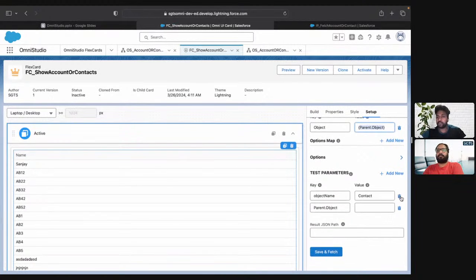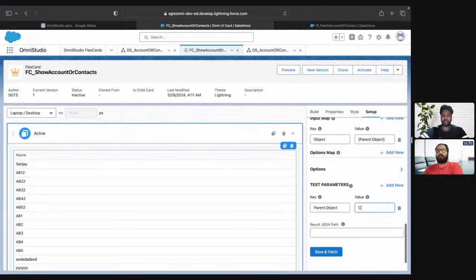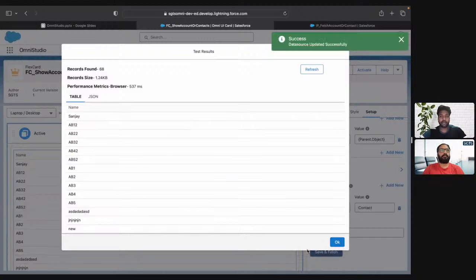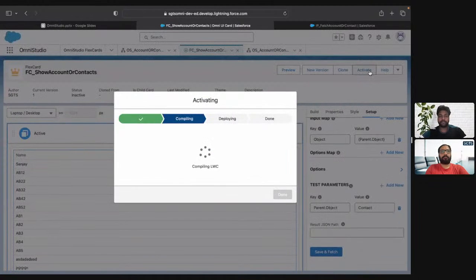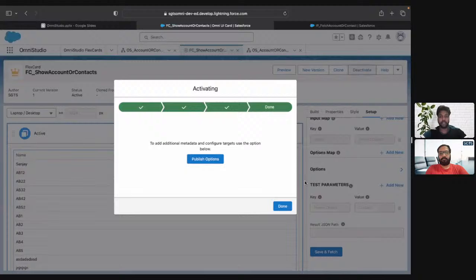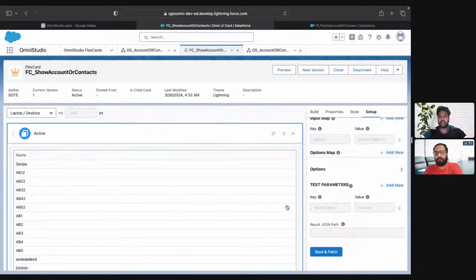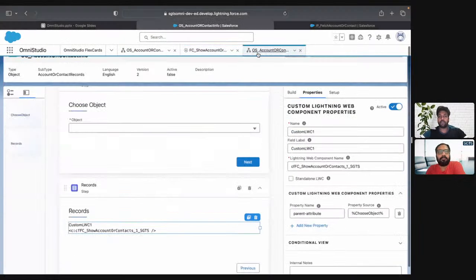Okay. So I'm gonna remove this, and in this one, I'm gonna type the contact. I'm gonna click save and fetch. I will be receiving all the records, and now I can activate my flex card. I'll explain this whole functionality, how we are passing the data, once we have built the whole functionality. Then I can click on done. Now I will go to my flex card,